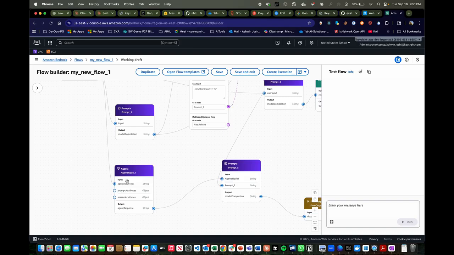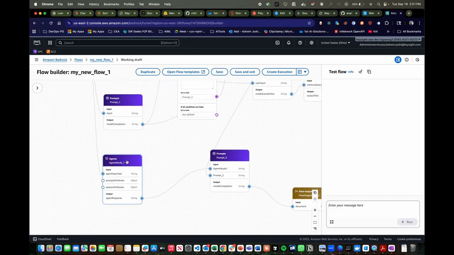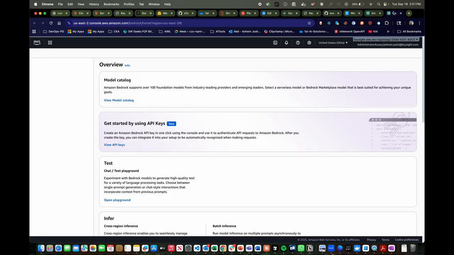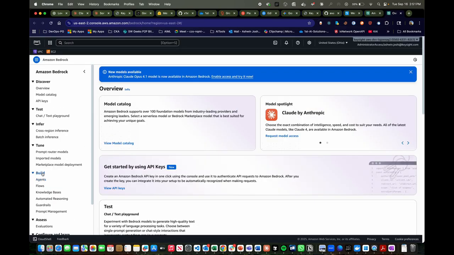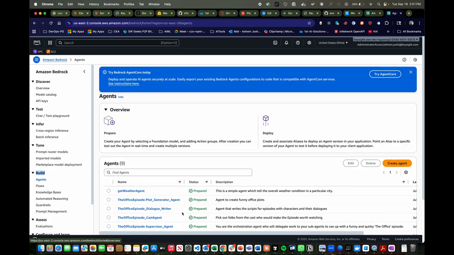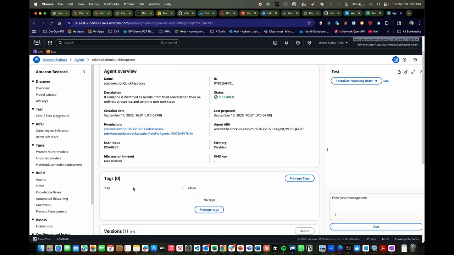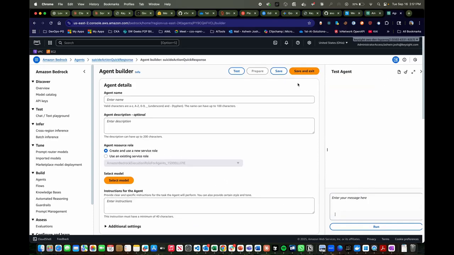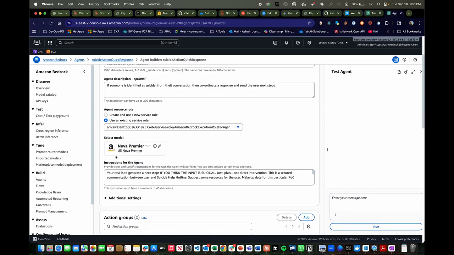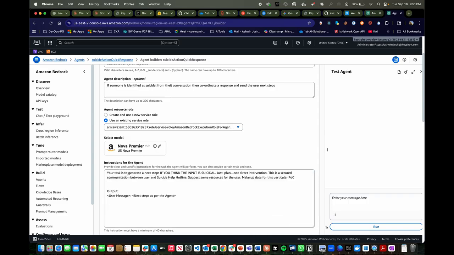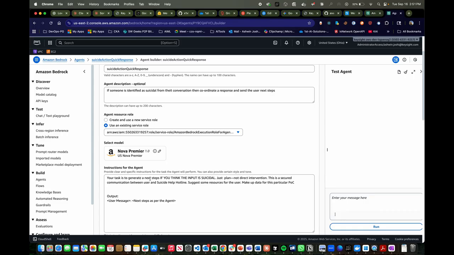So you give that input to your agent. I have created this agent in our Bedrock, so let me show you that. If you go into this agents folder here, you will see suicide quick action. Here, as we have already seen, we go into the agent builder. I have given it a simple instruction. We can have a detailed instruction here as well. So I have said your task is to generate